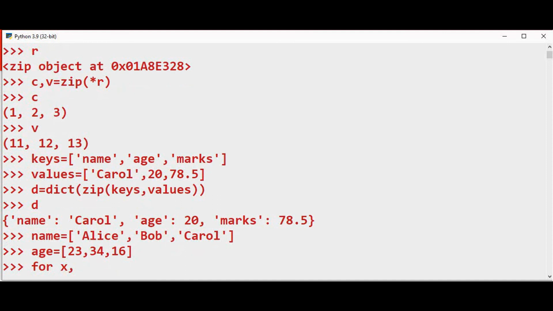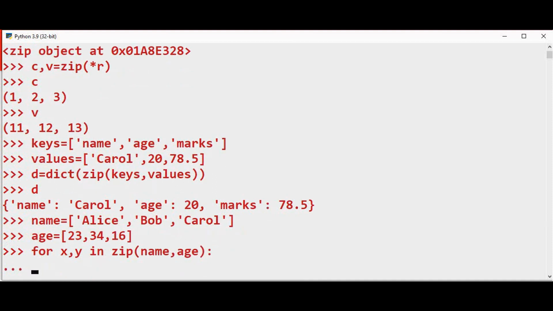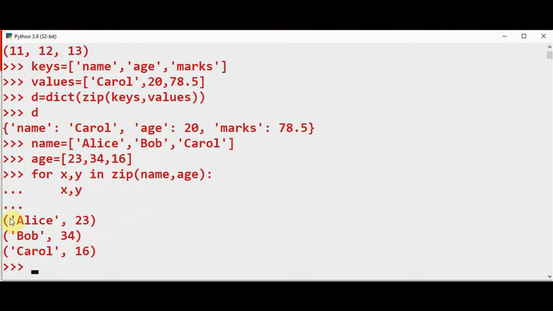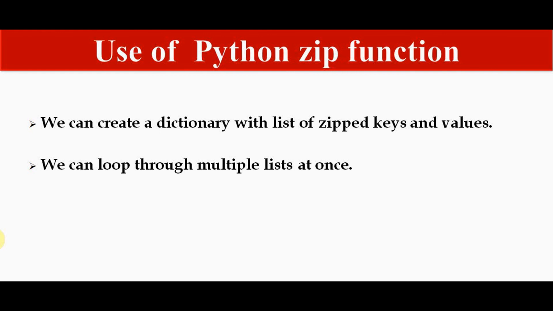For x comma y in zip of name comma age, colon, and I will print x comma y. This is going to print the corresponding name and age: Alice 23, Bob 34 and Carol 16. In this way you can loop through multiple lists at once using the zip function.